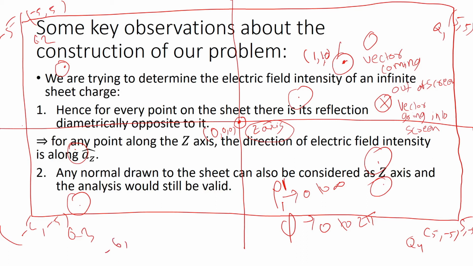Similarly, the new coordinate along y would also be minus 6. So this point is minus 6 comma minus 6 comma 0. Let us not write 0 every time, because this is a constant z plane. For every point on this plane, the value of z would be 0, right? So this is minus 6 comma 6.